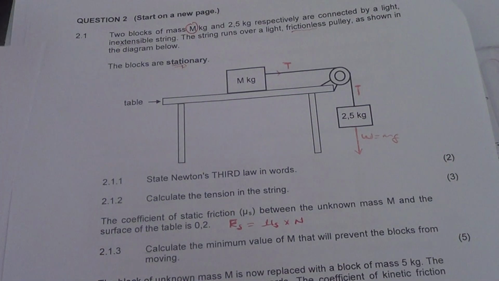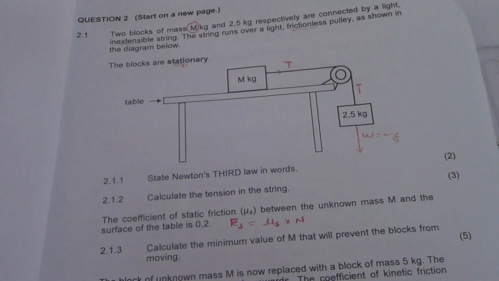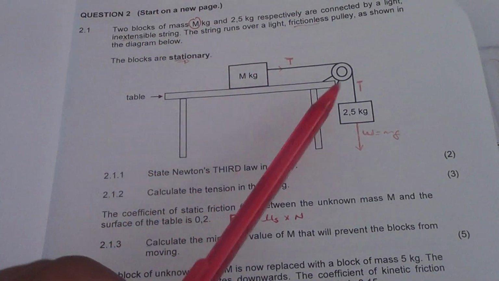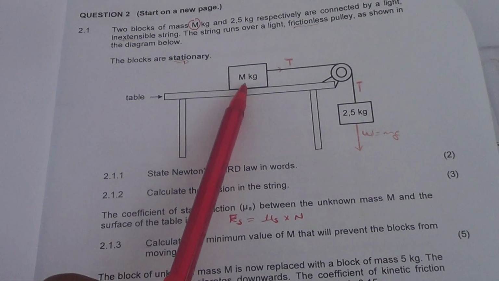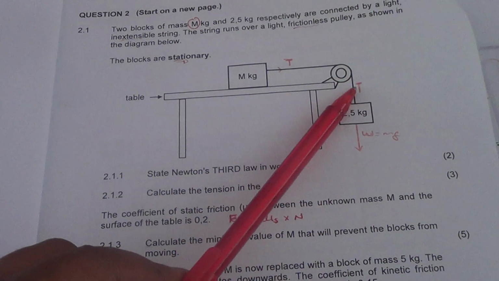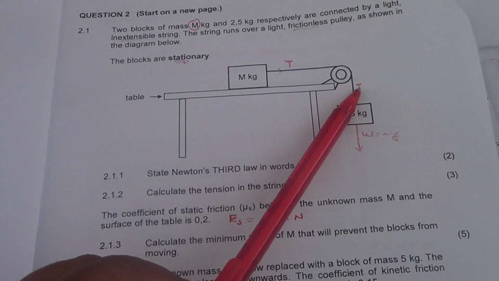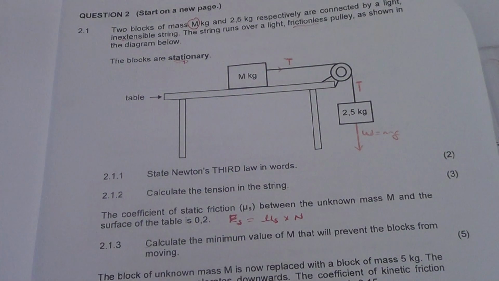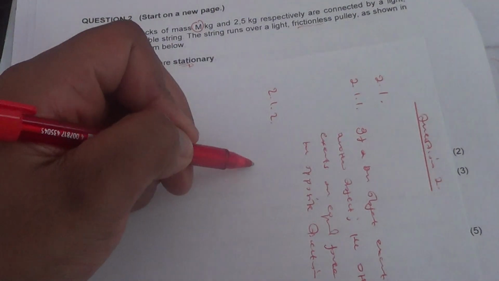Alright, so now it says calculate the tension on the string. Okay, T. And we know that there's two options here. For us to calculate the tension on the string, we need this box. But this box does not have a mass, so we cannot use it. But this one has a mass, and we know its weight, so we can use this hanging section, because whatever tension we get here is going to be the same as over there. So not a problem. So 2.2, we're just focusing on the